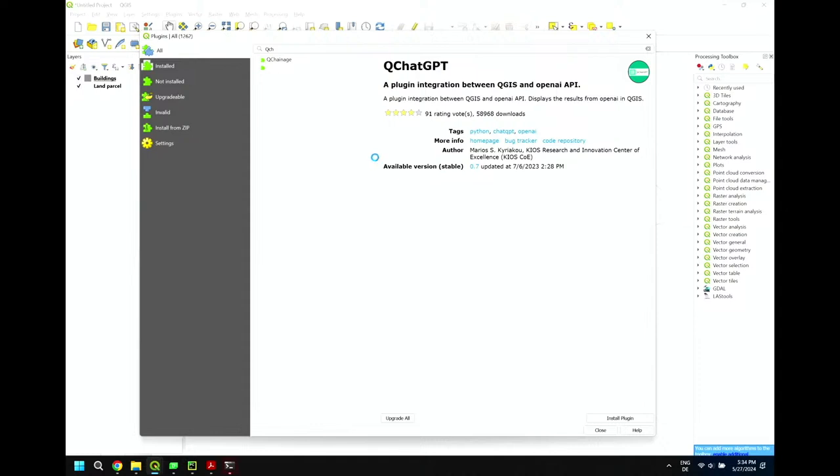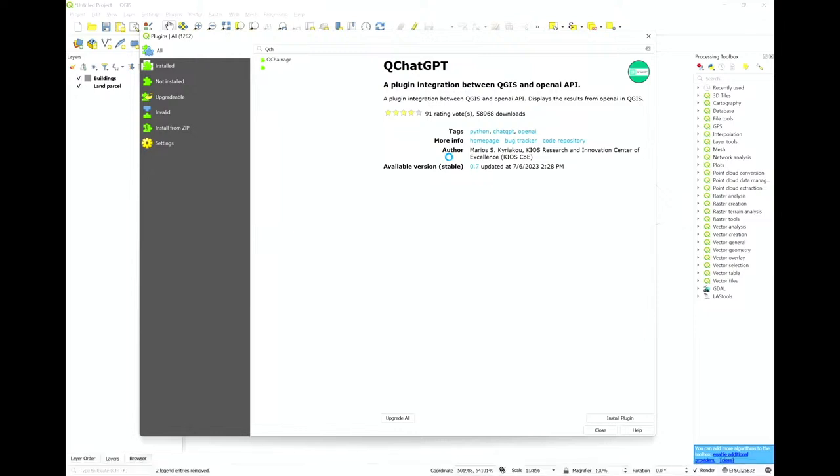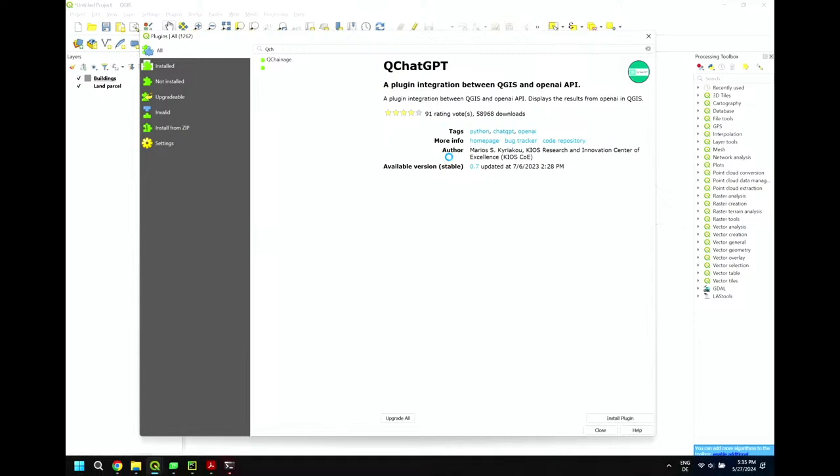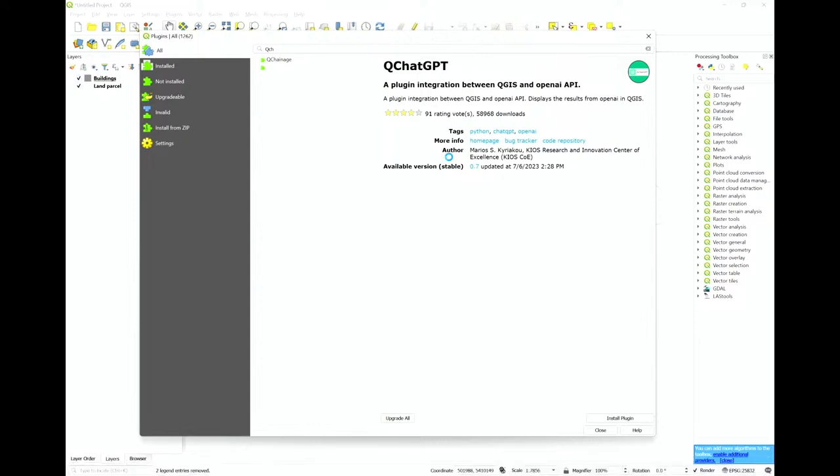For example, asking this plugin to create a map with some good design for me, and it's not working. But about the differences between the S3 and the QGIS, the QGIS is an open source community, and right now the popularity of the QGIS and the open source stuff is going up with this slope. We must consider it, and we need the help of everybody to develop in this way. But hopefully it will come, and I will check it even by myself, this S3 chat GPT, how it's working, if it's possible, or if it's just a communication between the user and